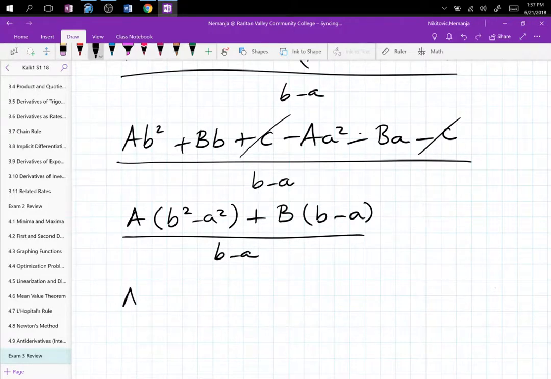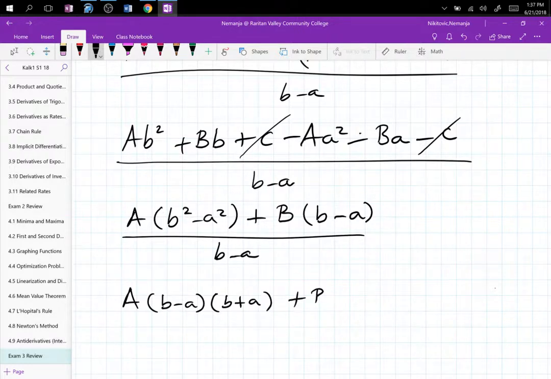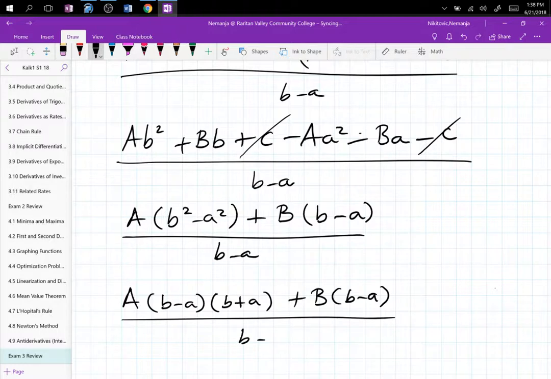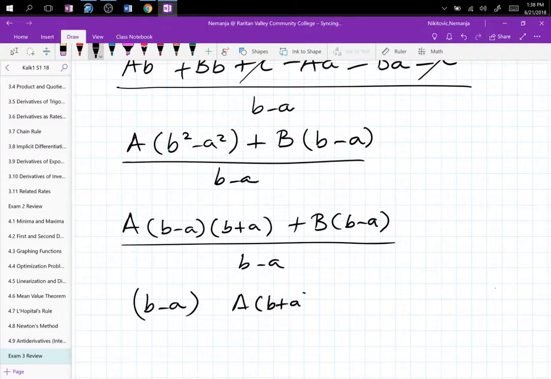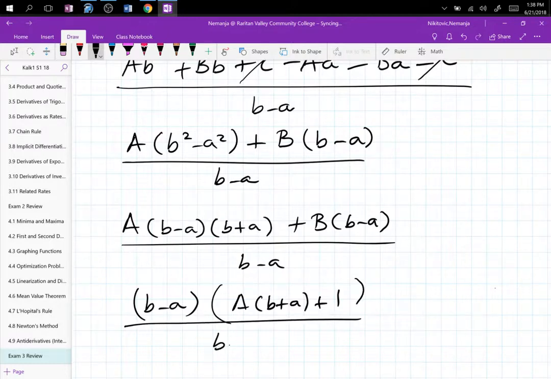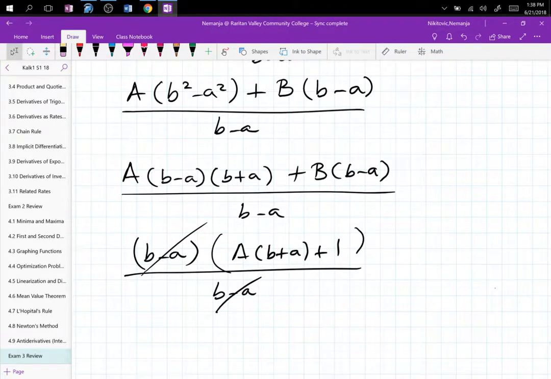Then the first one factors into b minus a, b plus a. What a cool problem. Yeah. And then divided by b minus a, and you can finally factor b minus a, and that leaves us with a times b plus a plus b, and then these die, and we have that